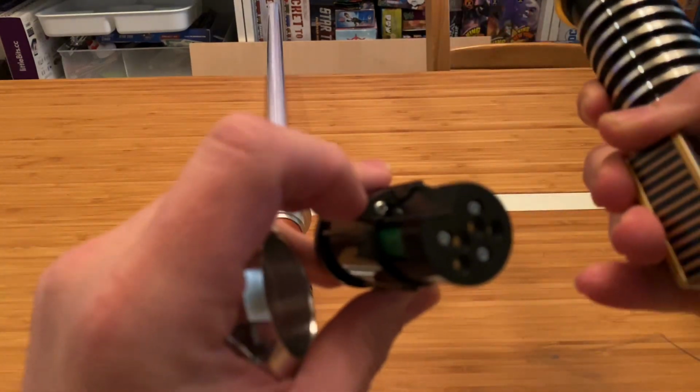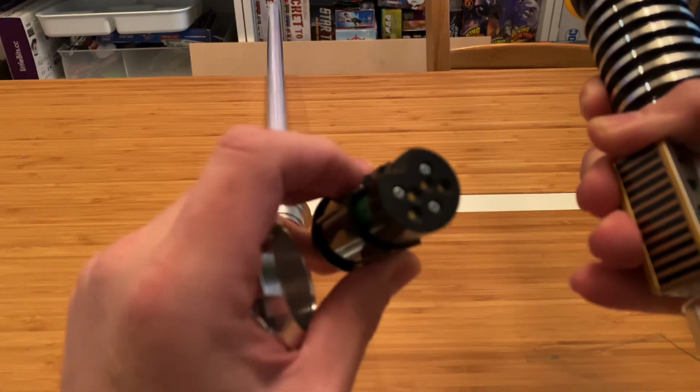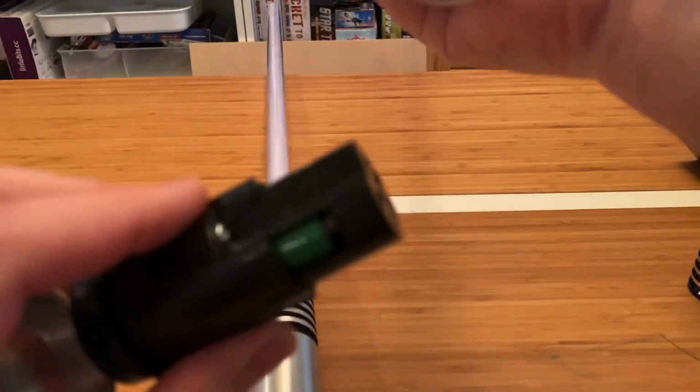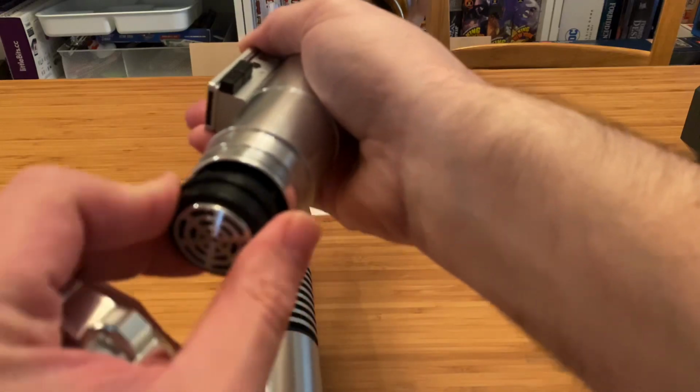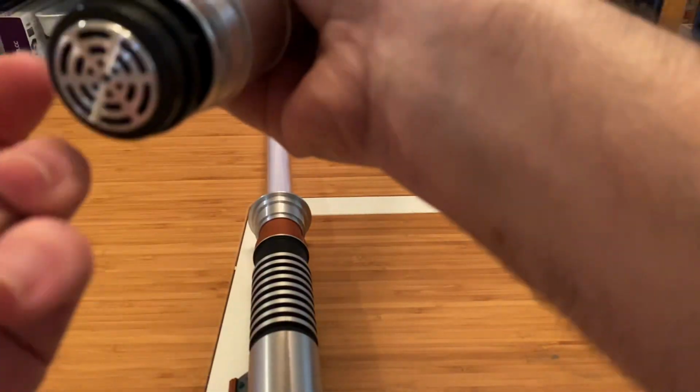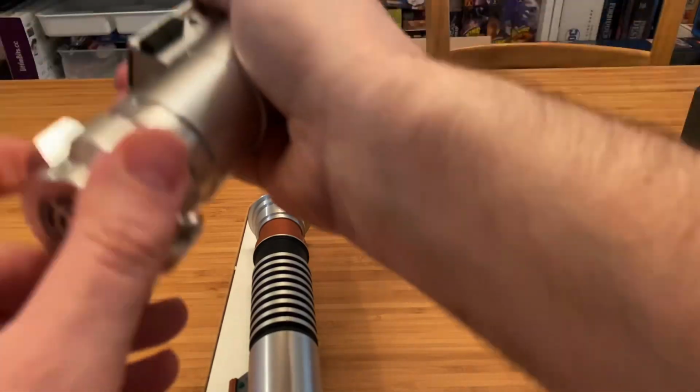If you want to swap out the battery, you unscrew this screw right here, slide the sheath out, put the batteries in, pop it back in, and you're good to go. It's also keyed, so it has to go in a specific way. But once you get it in there, you then just screw back on